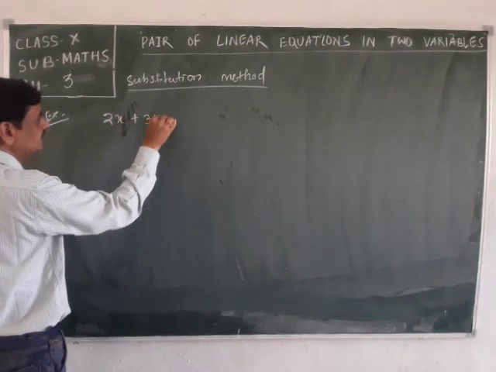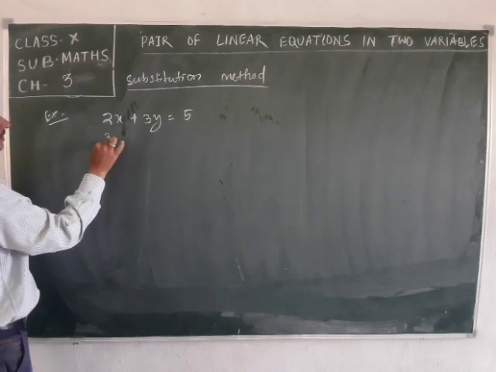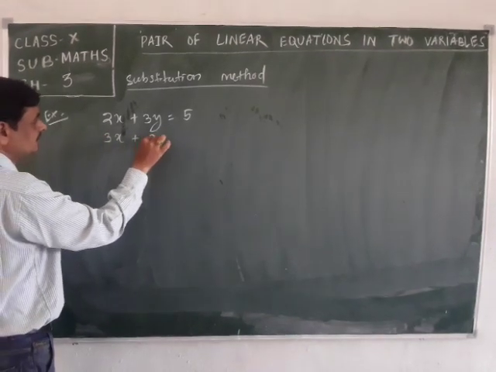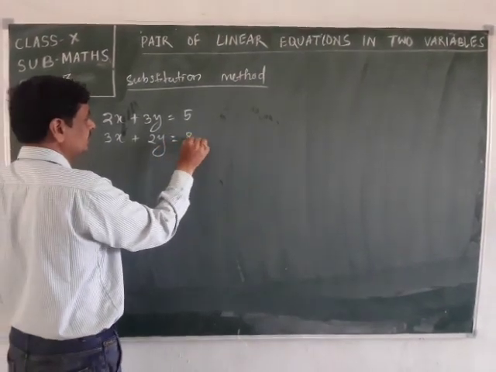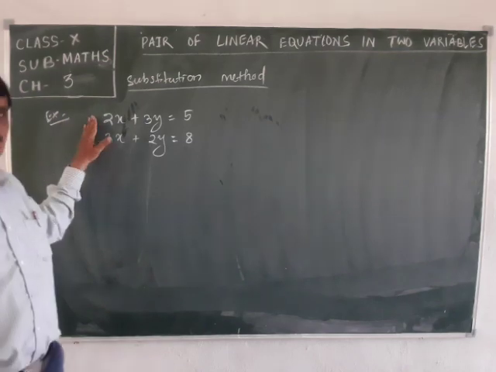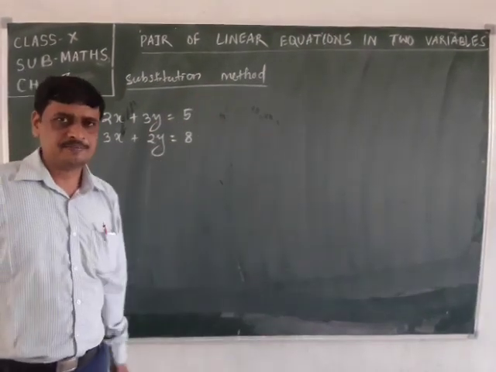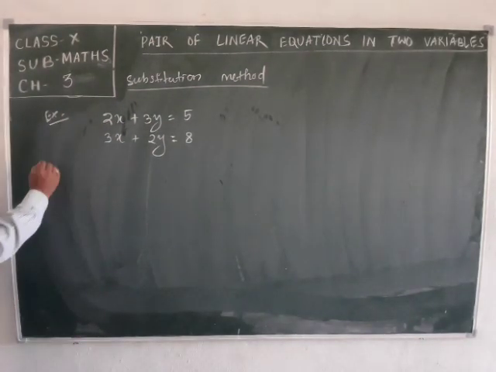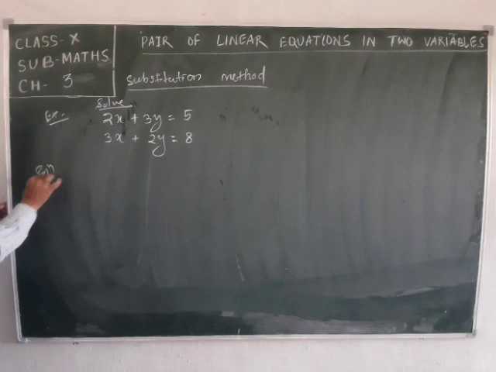2x plus 3y is equal to 5 and 3x plus 2y is equal to 8. We have to solve these two equations by the substitution method. Solve. Here, the solution is